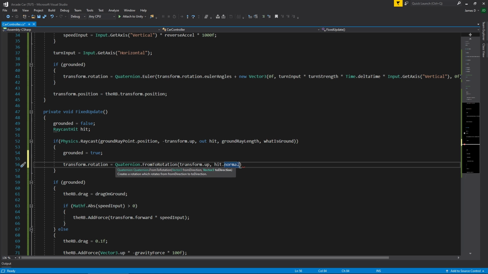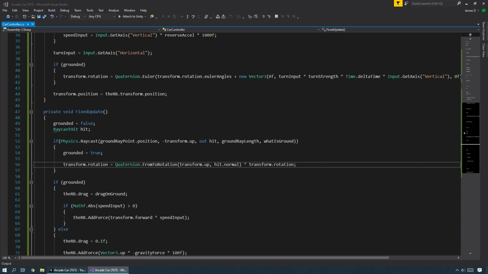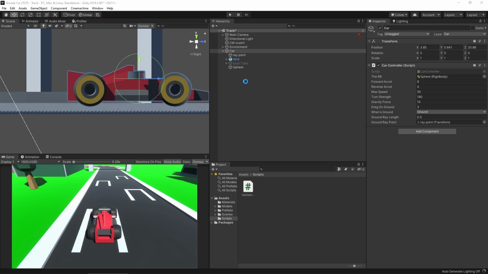So the normal of whatever we hit is basically saying whatever the angle of the surface is that we hit against. So when we use hit.normal, we can use that, and then we'll also multiply that by the transform.rotation, there we go, that we already have. So that'll allow us to affect the turn that we have applied to our car. So now if I save this, very simple one line of extra code that we add in, we can go back in here, let that compile, and now if I play,